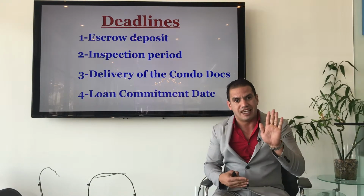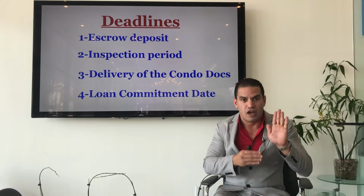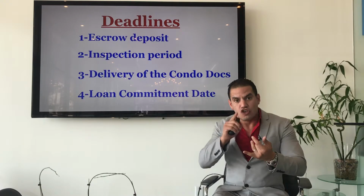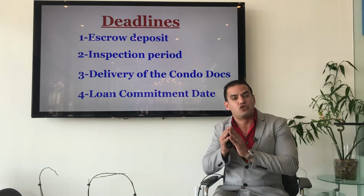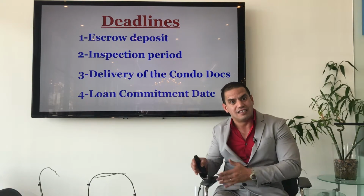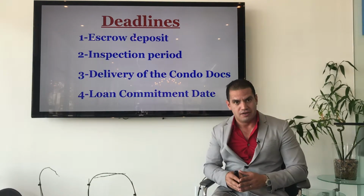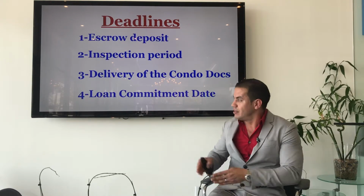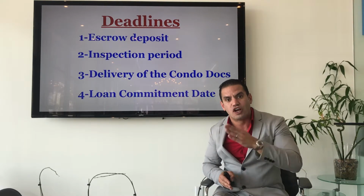That pre-approval is only saying that the lender already checked the buyer's financial ability to pay for the loan. But the bank still has to qualify your unit and the building your unit is in. And they usually ask for 25 to 45 days to do that. And after those 25 to 45 days, if that unit and that building qualify with that lender, you will get a commitment letter. But now, if after 25 or 45 days the lender realizes that your unit and your building don't qualify with their guidelines,